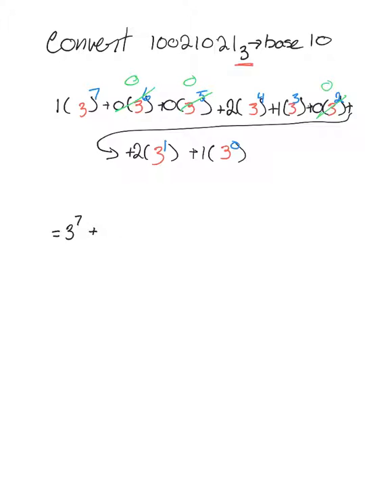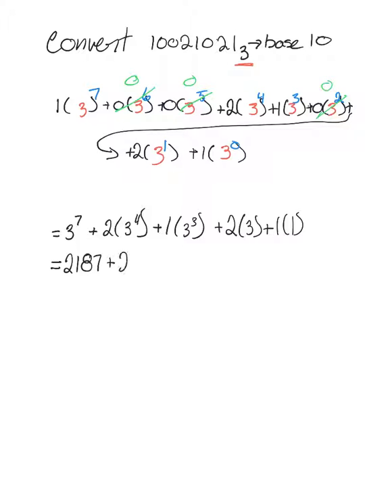So plus 2 times 3 to the 4, plus 1 times 3 to the 3, and we know we don't need to put that 1 in there, which is why I didn't put it in on the first term, plus 2 times 3, plus 1 times 1, and which equals